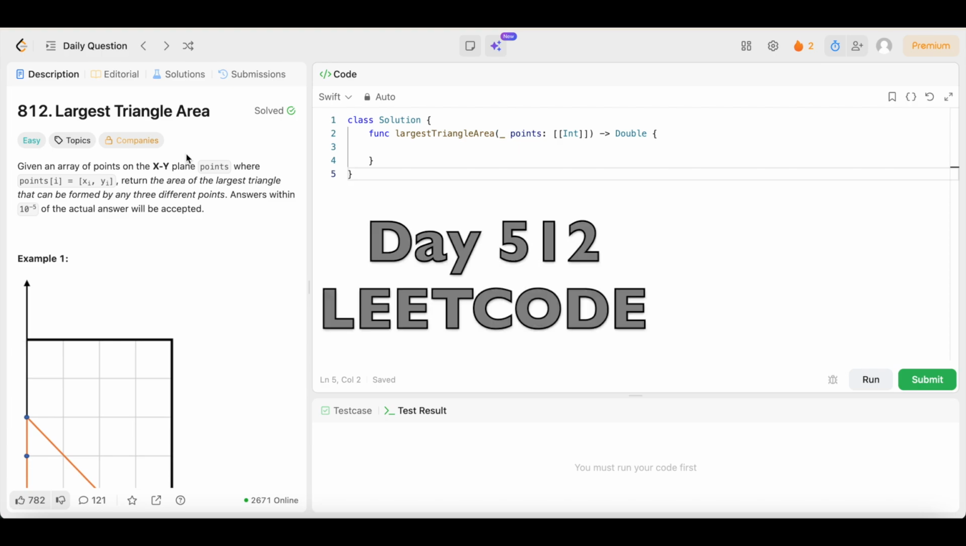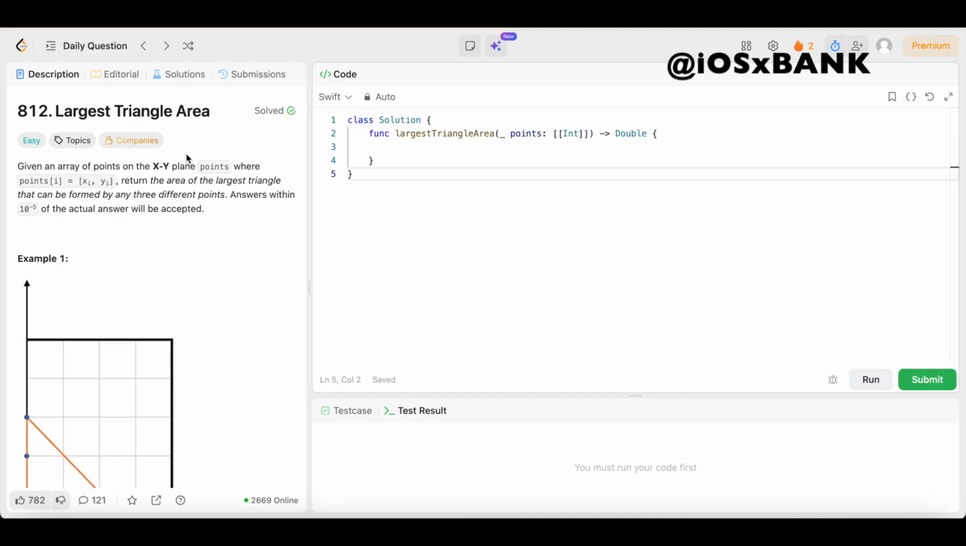Day 512 of doing a LeetCode problem every day until I get a job. All right, y'all, we're back again, another day, another LeetCode problem where we're doing daily LeetCode problems. And today we have question number 812, Largest Triangle Area. The difficulty level is easy, so you already know we're going to keep the solution as simple and easy to